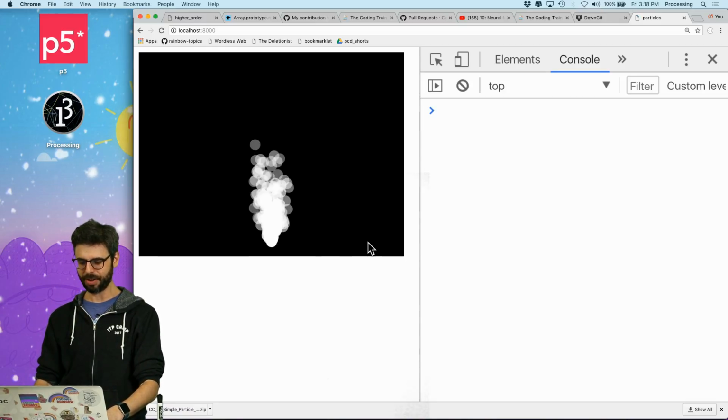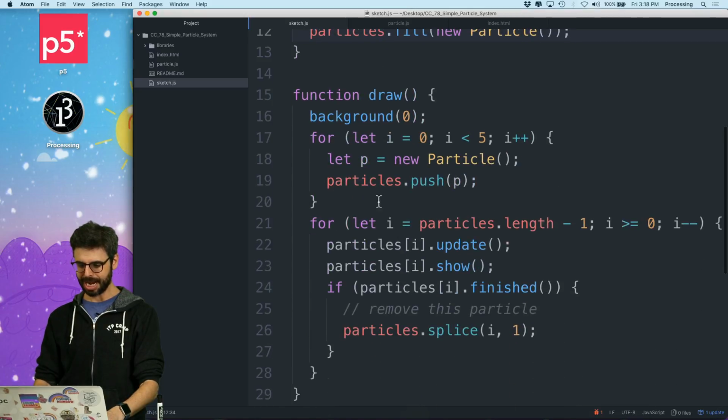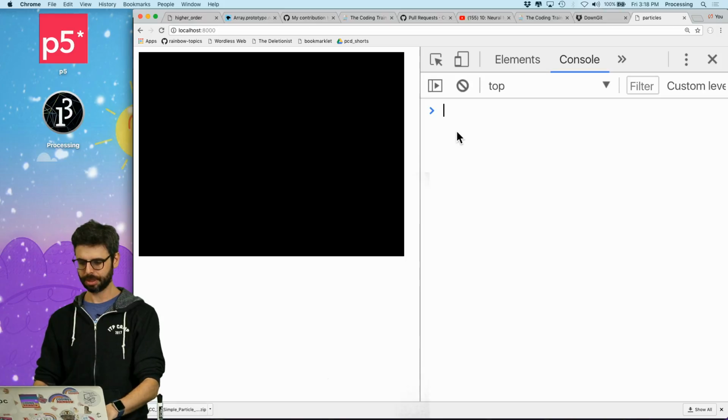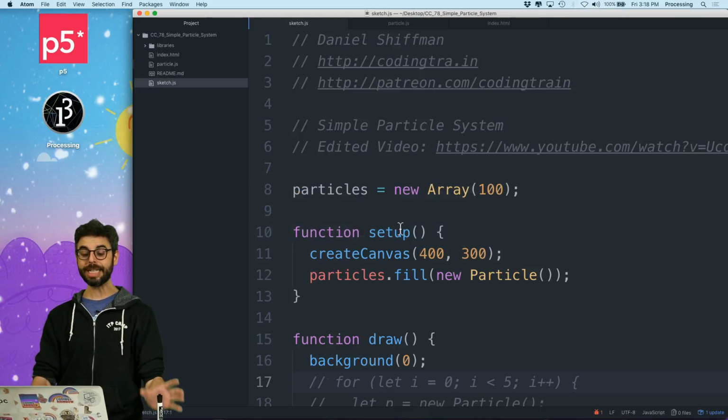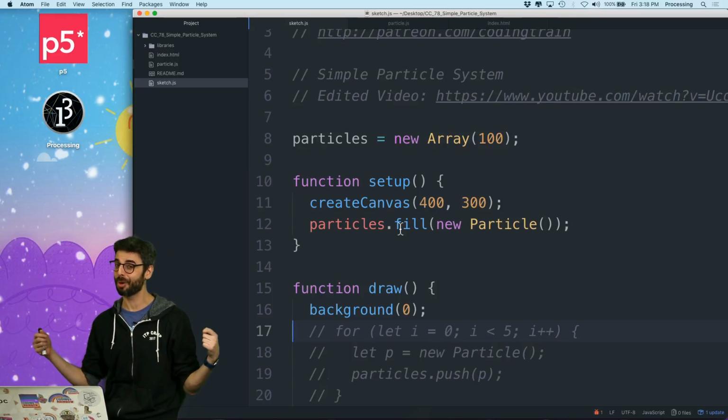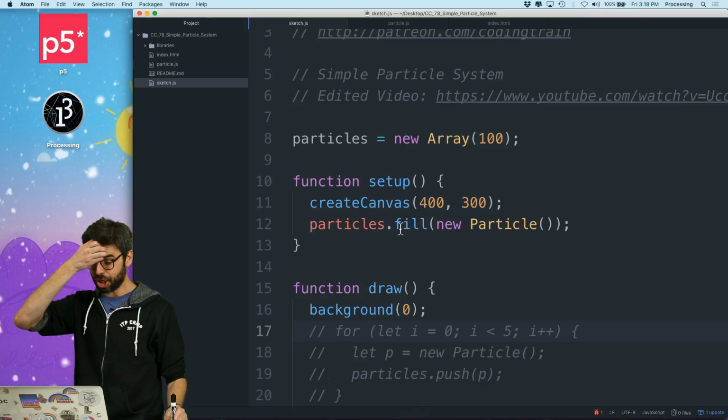Weirdly, that worked just fine. But let's not add any particles in draw. And let's look at the array, and it is completely empty. The reason is fill needs to fill an array that has stuff in it already. So what I could do